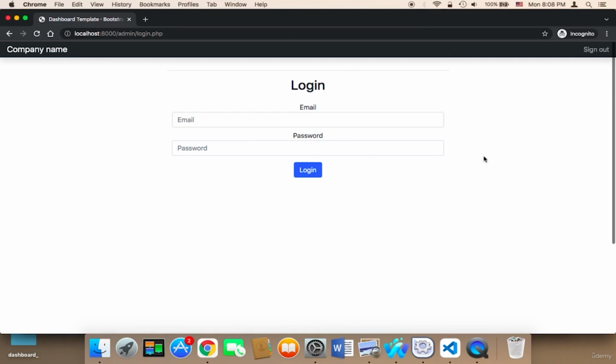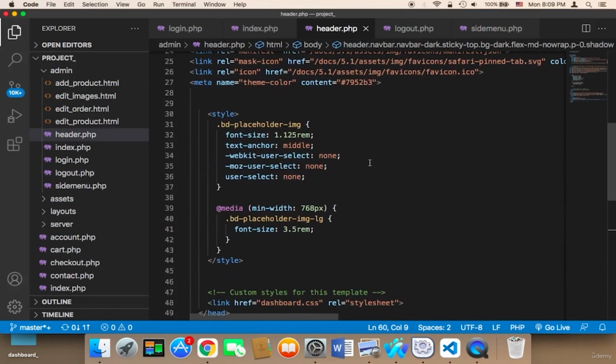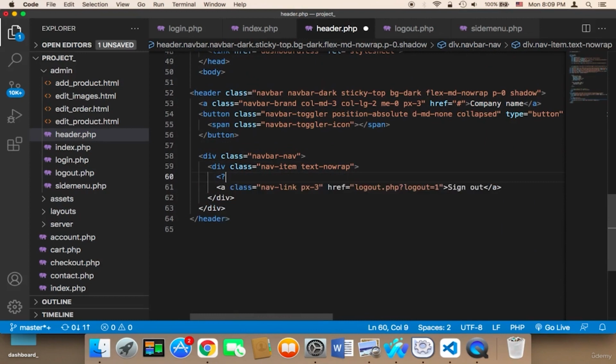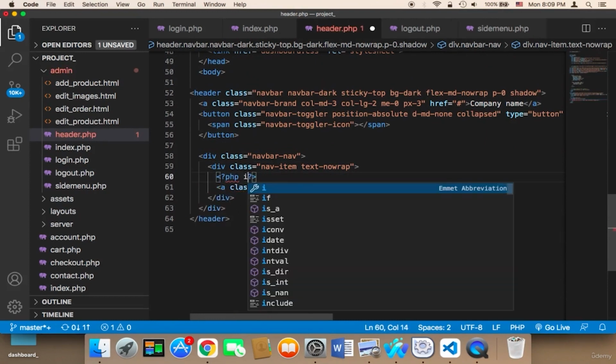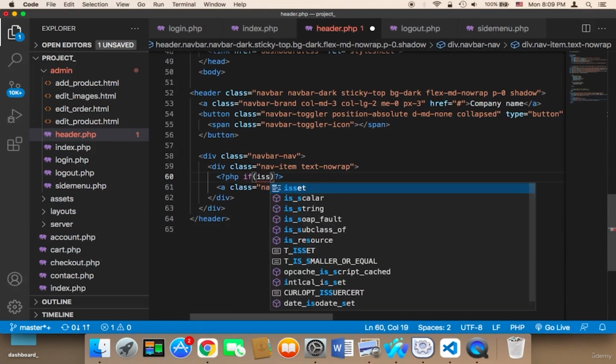However, there is still a very small problem, which is here, the logout button. This logout button is being displayed here. We need to remove it from the login page. And to remove it from the login page, in the header, we can add a code that is going to hide it. So we can here say PHP, and then we can say if isset